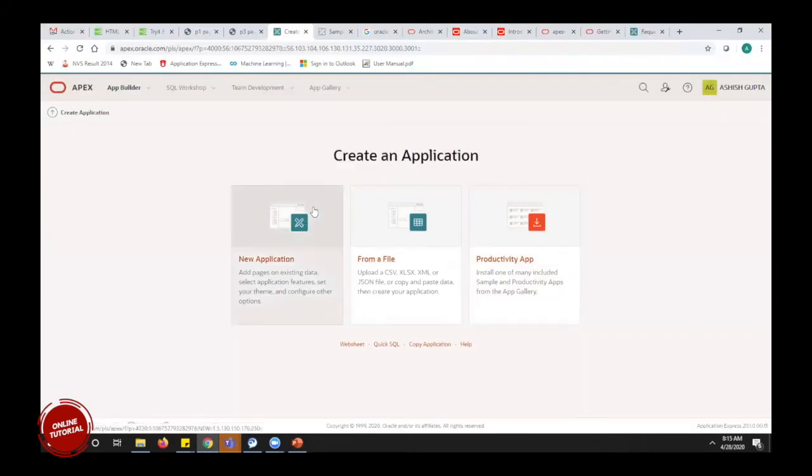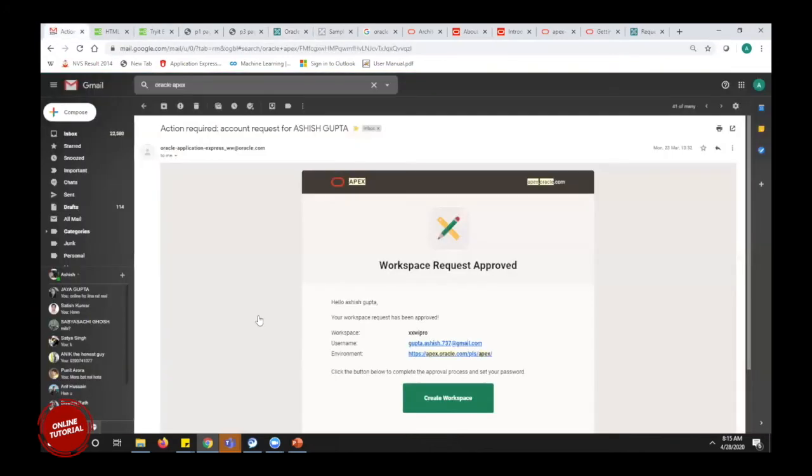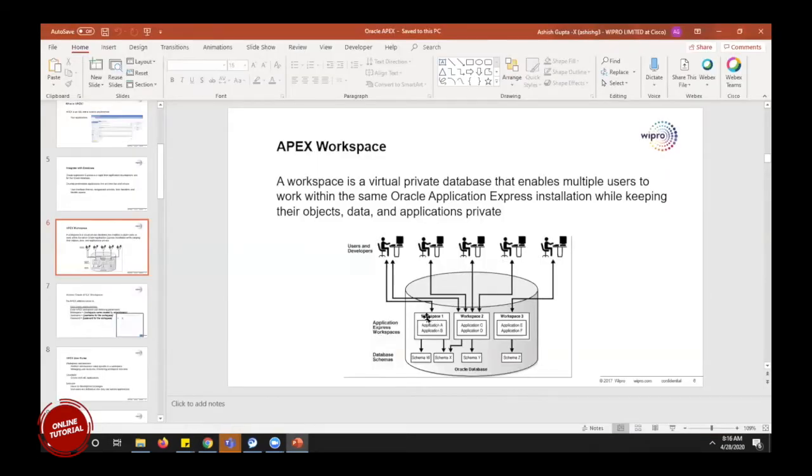If we have seen here, while we were creating this application, there was a place to give the workspace name. The image which we got had the workspace name Access Wipro that you gave at the time, so that means you are creating this workspace one.